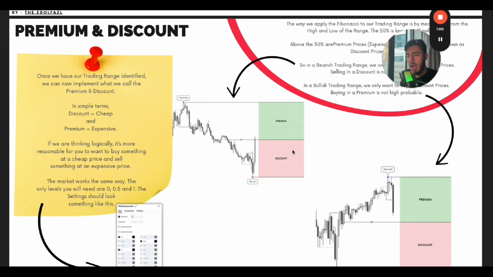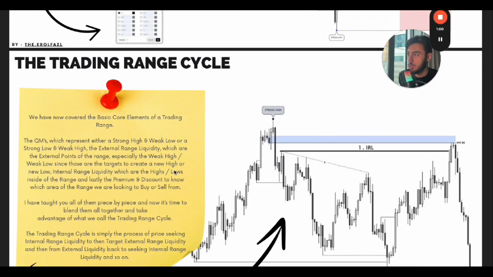Now, after the video, once you get the PDF and practice this, you want to understand where you want to buy, which of these areas you buy in. You're going to go to my YouTube channel and look for the POI video that I have. If you watch the POI video and practice it with this, you have my strategy. To be honest, you have my strategy. That's it. So let's go to the trade now.